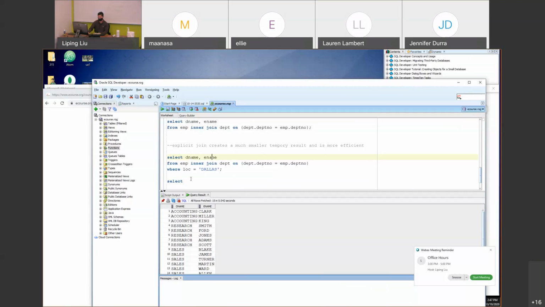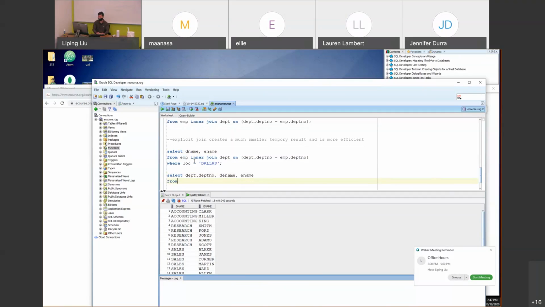But if you also want to list department number, then you have to specify which table's department number. So I will say explicitly something like that, and the D name, and the E name. And from, let's say, join again, and EMP